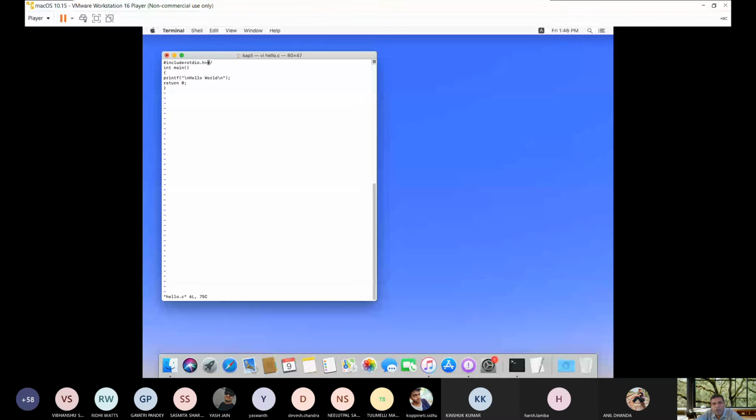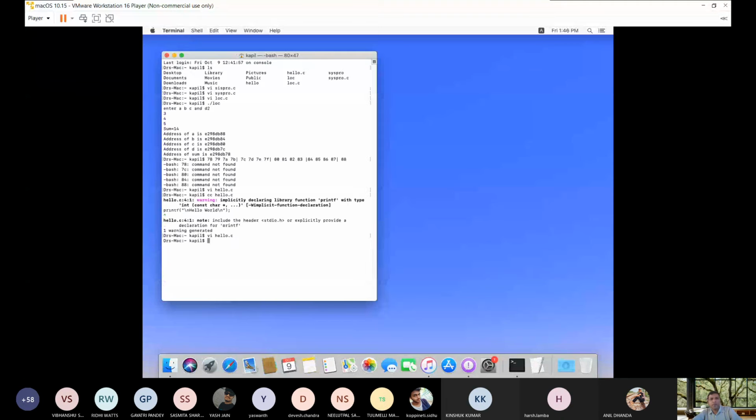Now, append, backspace and delete. Suppose I write int main, and I had written man instead. I had already shown you that this kind of error may happen. Now let us see. cc hello.c. There is no compile error, but now a linking error is given here.